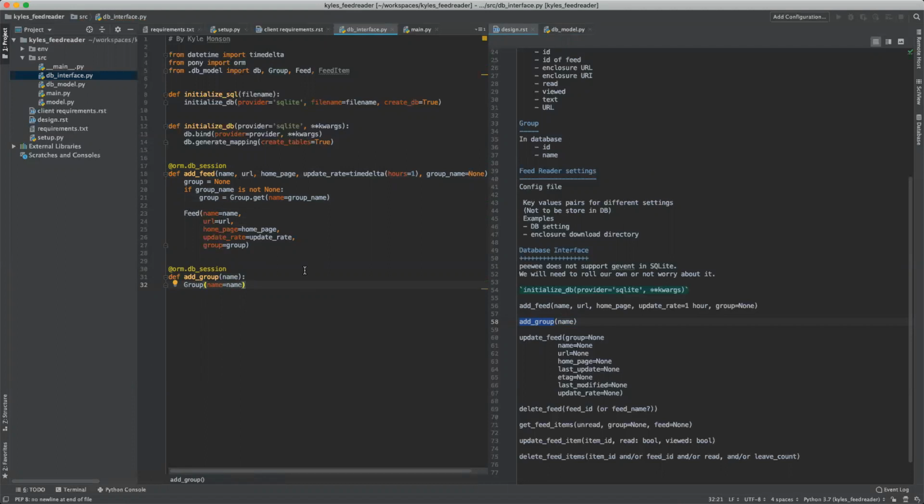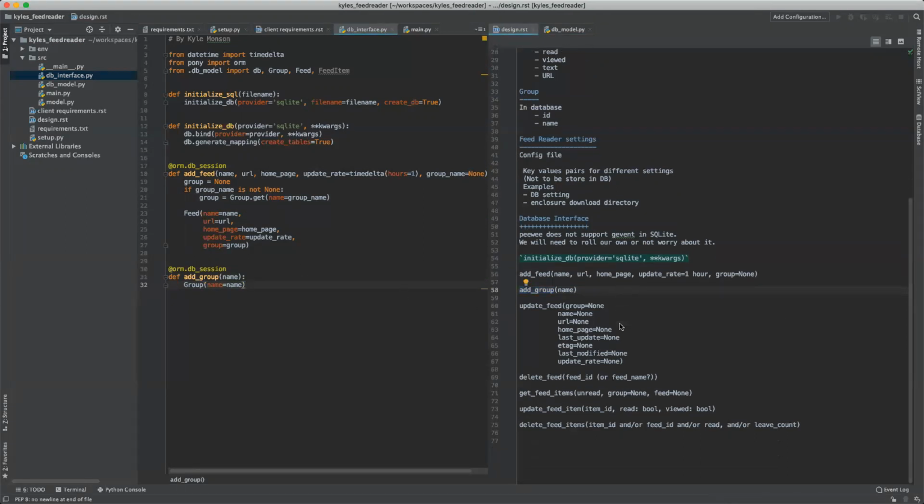Now, if we try and duplicate group names, that will throw an error. So we'll probably need to address that in the future. We can either handle that on the UI side or we can handle that on the backend side in order to prevent the user from attempting to duplicate group names. Okay. So let's go ahead and